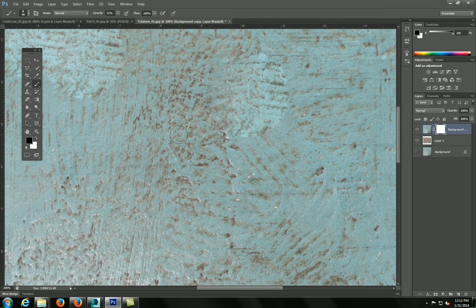Black is the color that you want to use. Black is what's basically like an eraser. You can see where the rust is now starting to push through. Alright. Now to be honest, if we wanted to take it a step higher, think of how